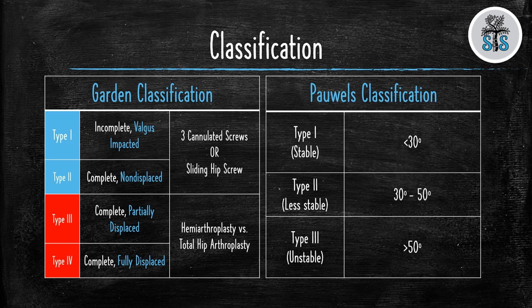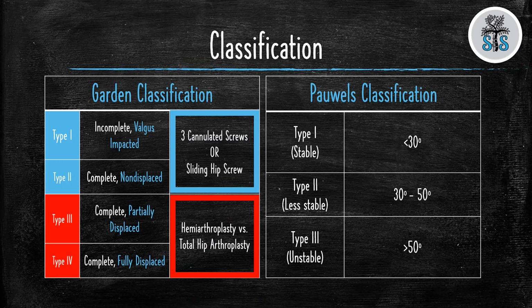Now there's another classification called the Pauwels classification that you certainly have to know. This is based on the angle of the fracture. Type 1 is less than 30 degrees, type 2 is 30 to 50, and type 3 is greater than 50. Type 3 fractures are associated with higher energy and are considered unstable. So what do you have to remember from this? That type 1 and 2 are going to be screws, type 3 and 4 are displaced,